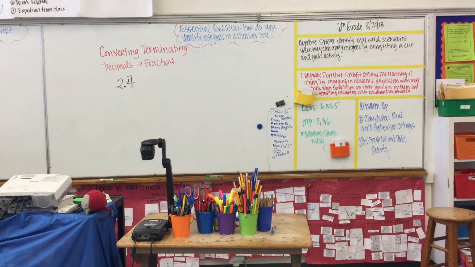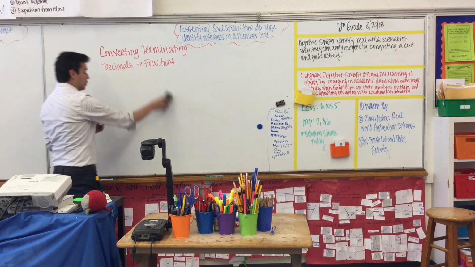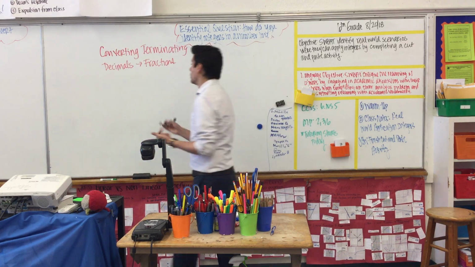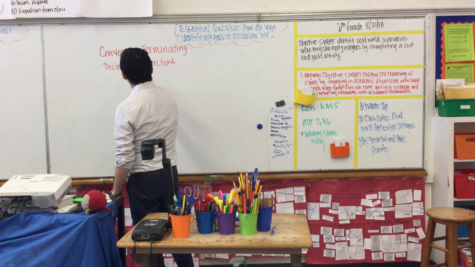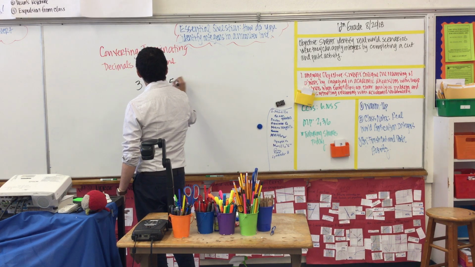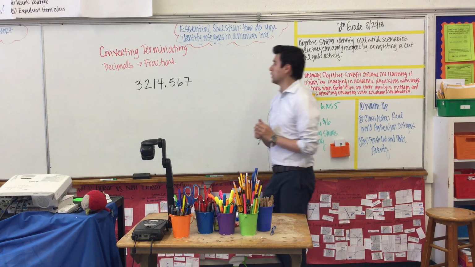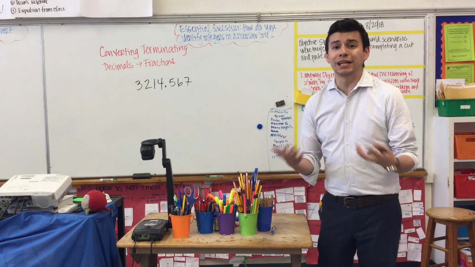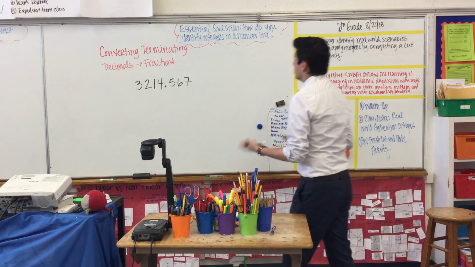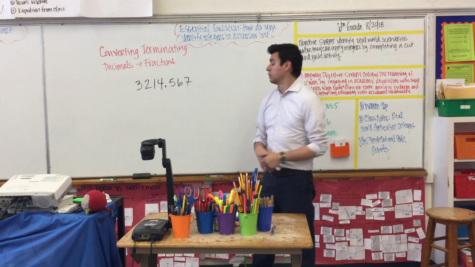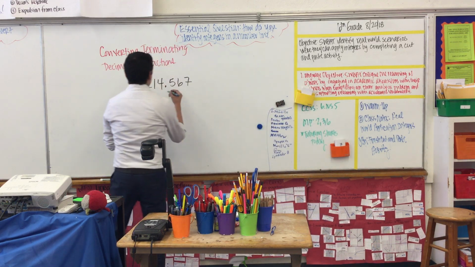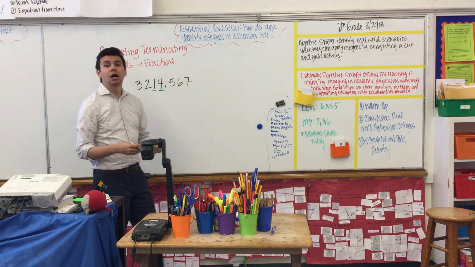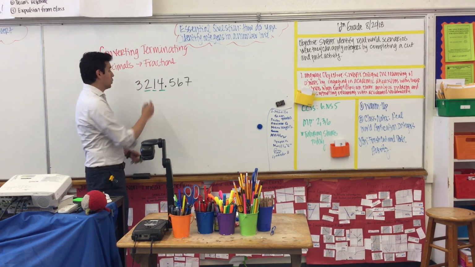So before we even start the lesson, what you need to know is the concept of place values. You learn place values in elementary school. So for example, let me give you this one. I'm making this up. Okay, there it is, 3,214.567. The way I said it is totally wrong, okay? But for our sake, we're just reviewing place value. So hopefully you remembered that this 4 is in the ones place, this 1 is in the hundreds place, this 2 is in the,